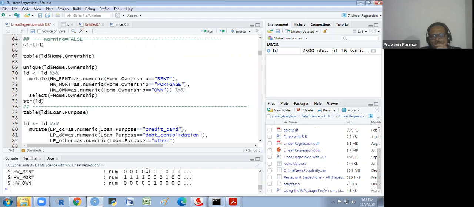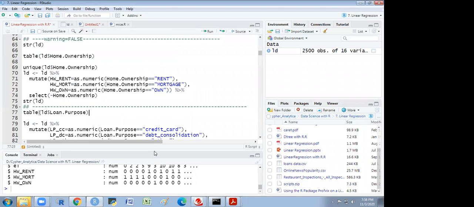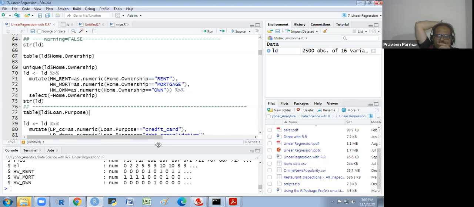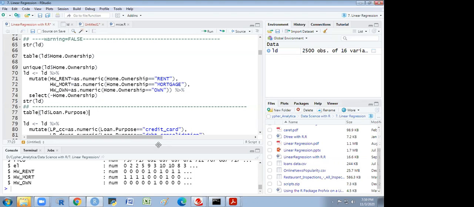Now I will see the loan purpose. Sir, I have a question. In case of employment length, you made changes: you removed the years part and used numerical values 1, 2, 3, 4 like that. Is it the right move to use 1, 2, 3 values for our analysis? But if employment length were an interval value like 1, 2, 3 and 4 to 6,